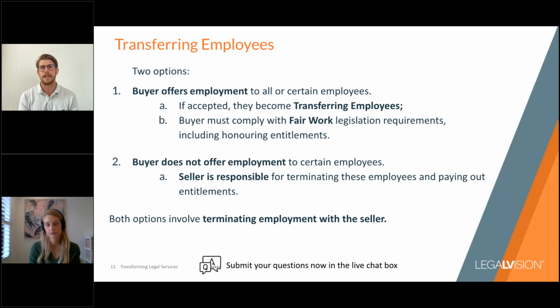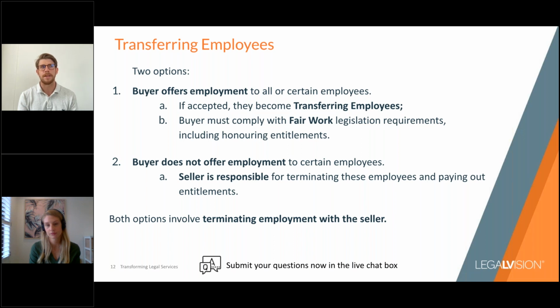The actual percentages it's adjusted by can vary, but the key ones to think about as the buyer are long service leave and personal leave, because these are ones that you would need to recognize. Annual leave, you can say that you're not going to recognize it, but that's really a practical point. When you're taking over a business, generally employees, if they have 2 weeks annual leave, will want to use that in the future. So it might not create a great situation where that has to be paid out and then they start afresh, especially now that we can travel. So something to keep in mind.